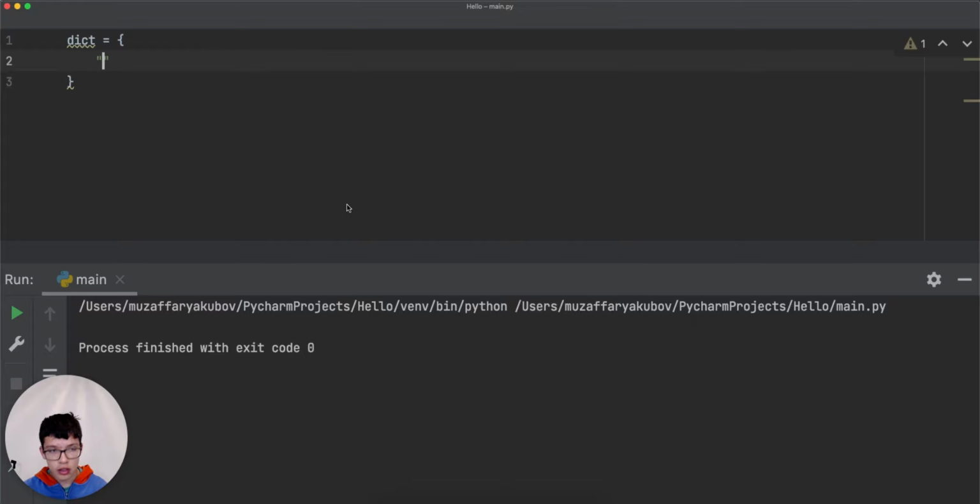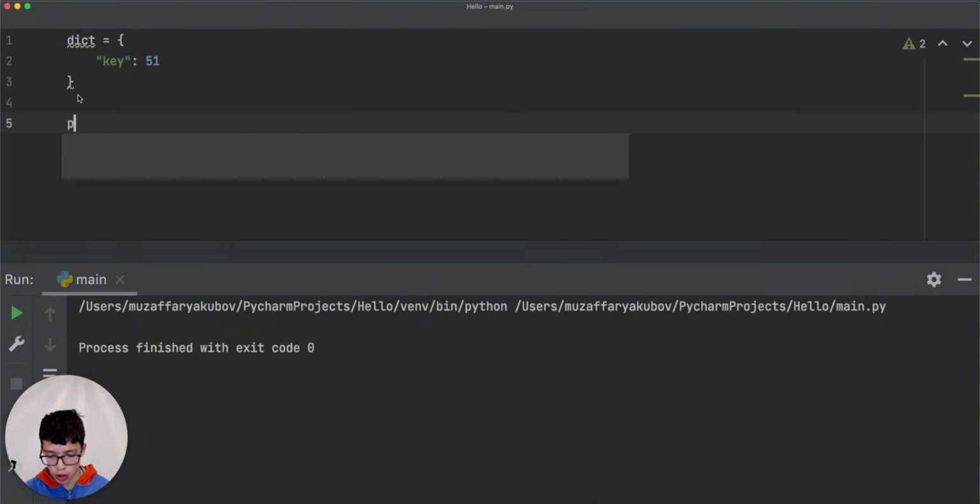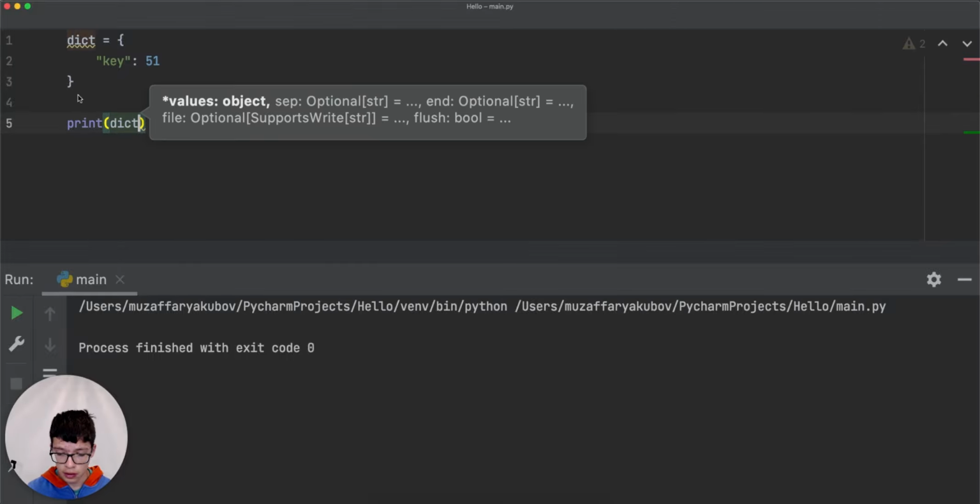So imagine we have the string called key. And that's how you pair it this way. To pair them, you use a colon. That's how you say it equals 51. Now, the value is 51 here. This number right here. And now what you do is if you go and print out dict, after that you